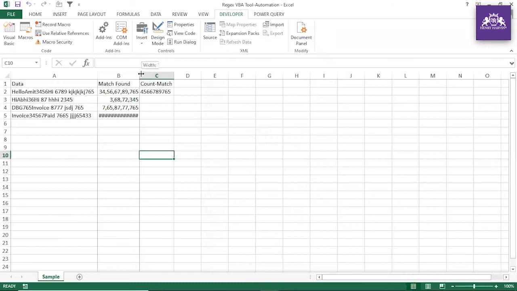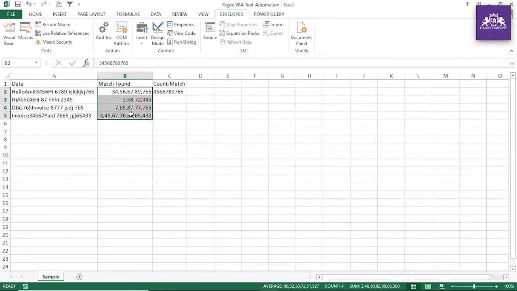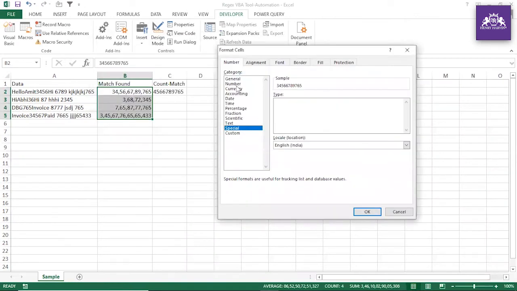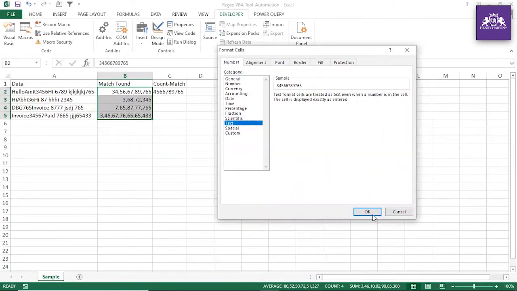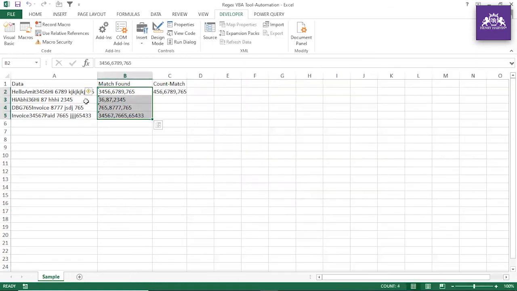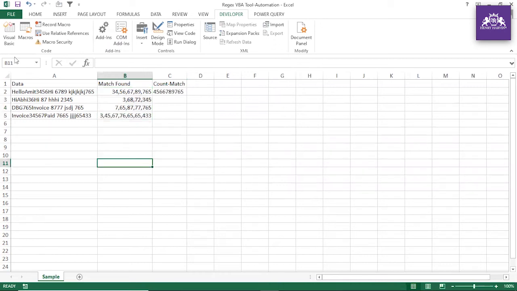You can see that it is working, but guys, if you look at this, Control 1, let me show you this example. 36872, 36, so special is there, but now if you go to text format and apply, then you see once again it is working. It is working, correct? And now this is of course a text. If you convert that to number, it will not work, because it will actually do this kind of work, separated by comma and everything. But if you press Control Z, it is working.